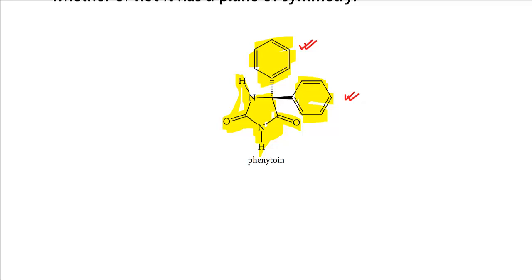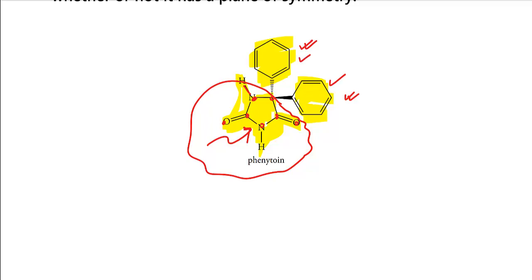So your plane contains this atom, this atom, this atom, this atom, this atom, this atom, this atom. Basically you can show this is a planar molecule. So this part is a plane, and then this is top of the plane, this is bottom of the plane. So the top of the plane and the bottom of the plane are basically mirror images of each other. There is only one group, that is a phenyl group. So this means this molecule is an achiral molecule, that is not having a chiral carbon, and they are basically superimposable. Object and its mirror image are superimposable.